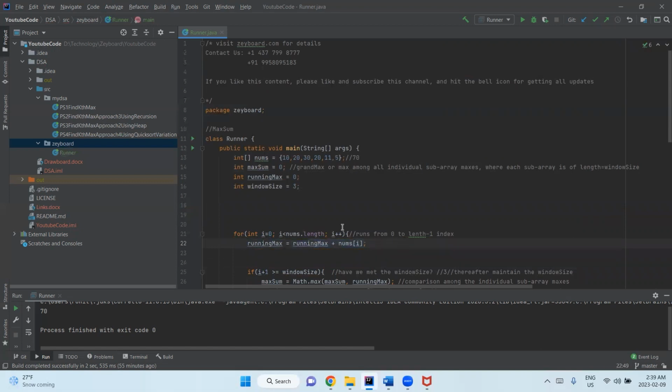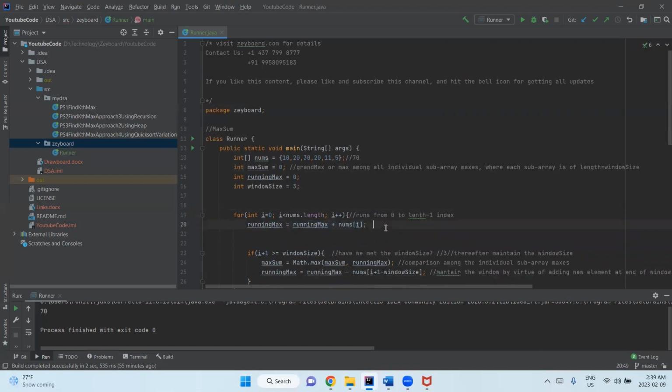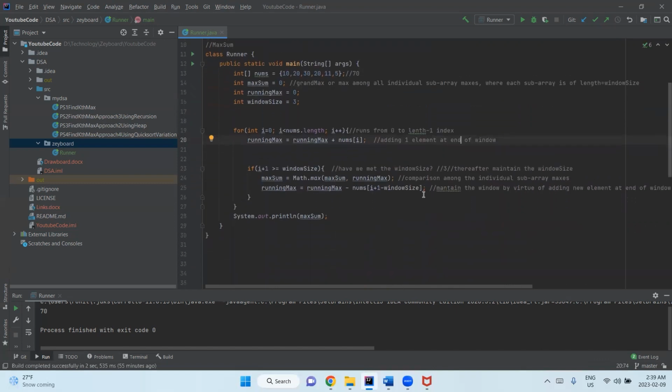This is the thing, right? This is nothing but adding to the beginning of window. Or it should be to the end of the window. My bad, adding 1 element at the end of window. This takes care of the addition operation, and